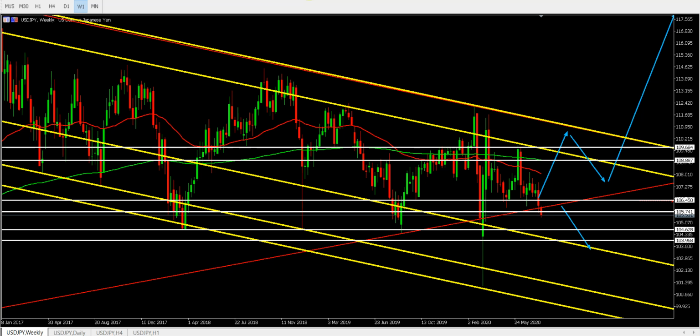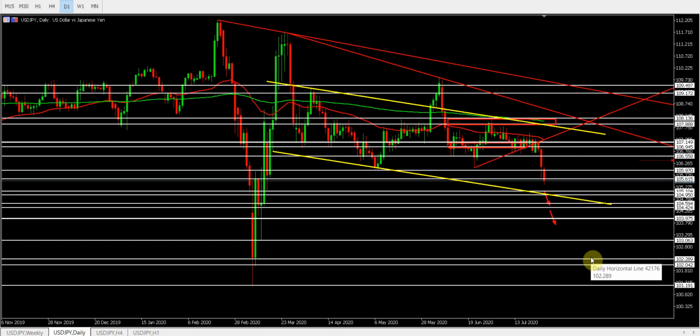But looking at technicals, could it be heading low into the 104 areas, 103 areas? Let's check that on the daily. Bearish momentum from last week. I've drawn a bit of a channel here. I'm seeing it kind of is working, and the next area I am looking at is this area here of the